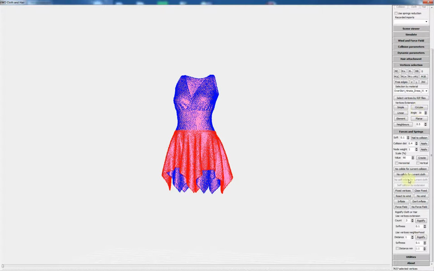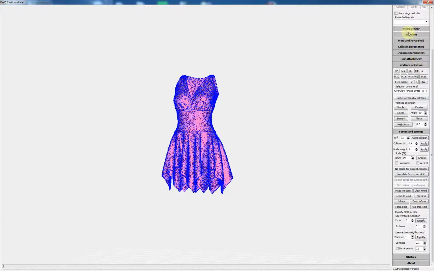I will use these vertices for the force field action, and I will use the other vertices as fixed vertices.